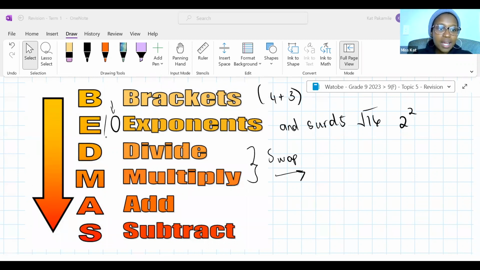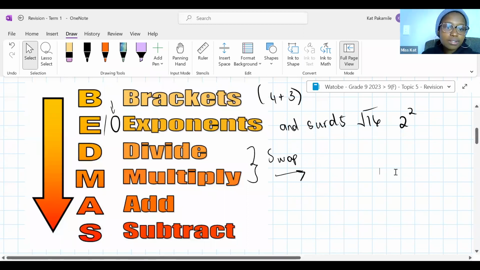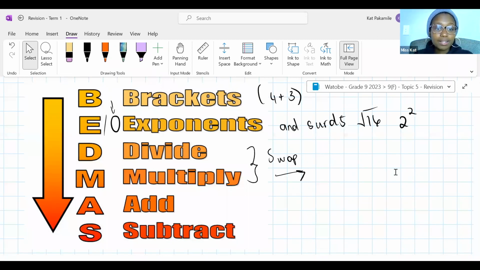Do you understand? So it's easier. As I said, let's talk about your lower grades. You wouldn't focus as much on exponents, right? But in grades maybe 7 and 8, you start being introduced to squares and cubes and cube roots or square roots. So it makes more sense to change it to an E, right? So that you know where those fit in the order of operations. Because up till now, you've been doing a lot of adding, subtracting, multiplying, dividing, and then suddenly you have this topic called exponents, and you're like, what? So if you use BEDMAS in this grade, it's easier for you to know exactly where exponents fit in. I hope I answered your question.